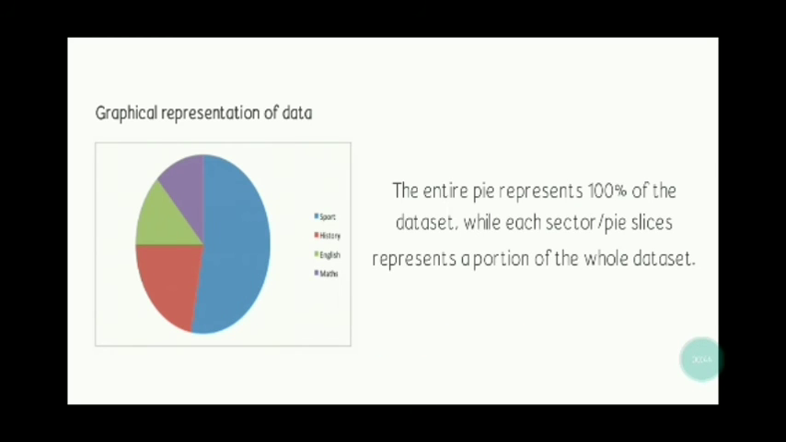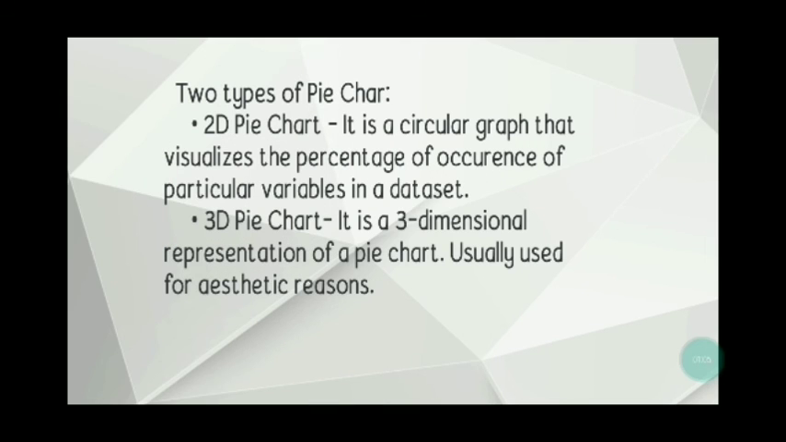The entire pie represents 100% of the dataset, while each sector or pie slice represents a portion of the whole dataset. The portions that exist in the pie are measured as an angle of the total 360 degrees. So, there are two types of pie chart. First is the 2D pie chart. It is a circular graph that visualizes the percentage of occurrence of particular variables in a dataset. While a 3D pie chart is a three-dimensional